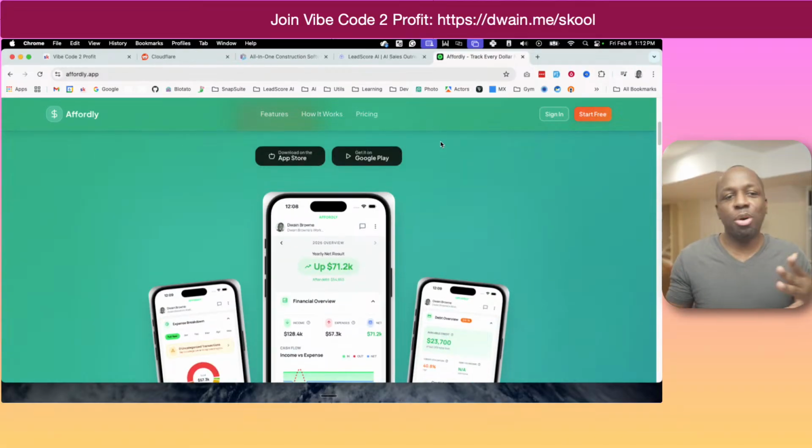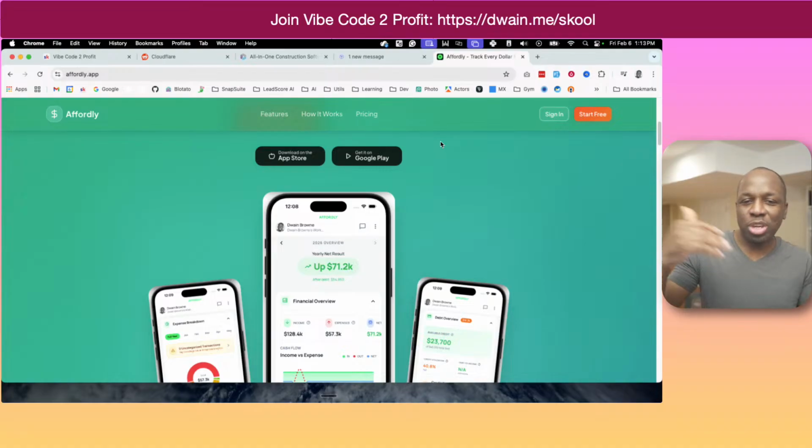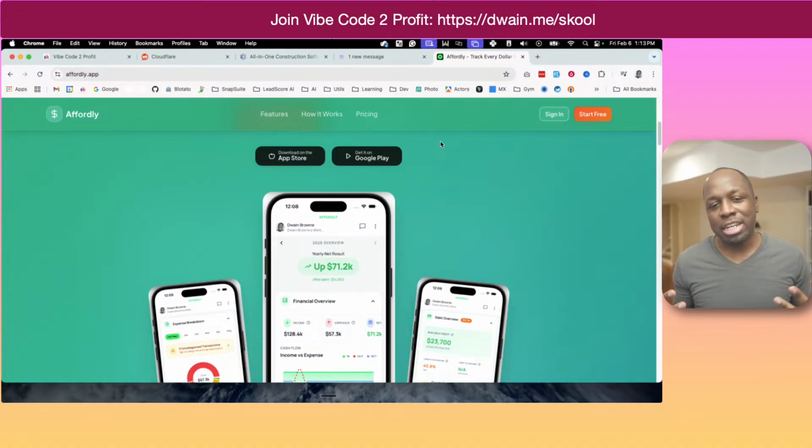One is I'm going to talk about the challenges, but 2, I'm going to educate you guys on the product so you understand that these apps, well, the newer ones are not, but the 2 biggest ones, SnapSuite and LeadScore, they're not baby apps. They're not vibe coded in a weekend type apps. They're not apps that I just randomly came up with. They're real, not just production apps, but it's taken me years to acquire the knowledge, to figure out the challenges, to figure out what I need to do in order to scale some of these things. So that's what I want to talk about in this particular case.